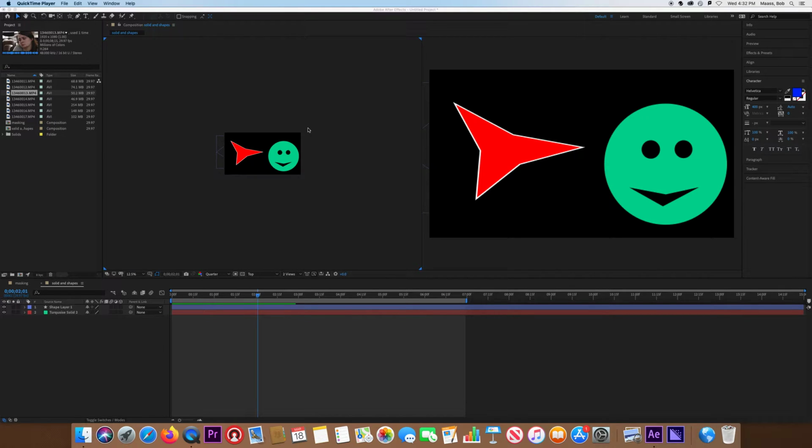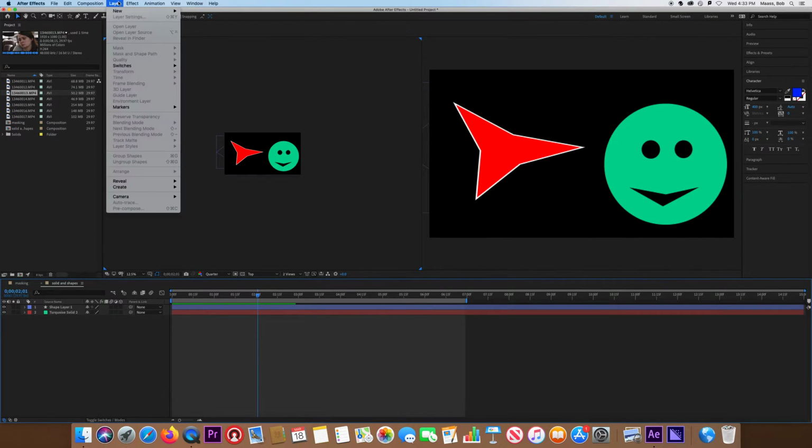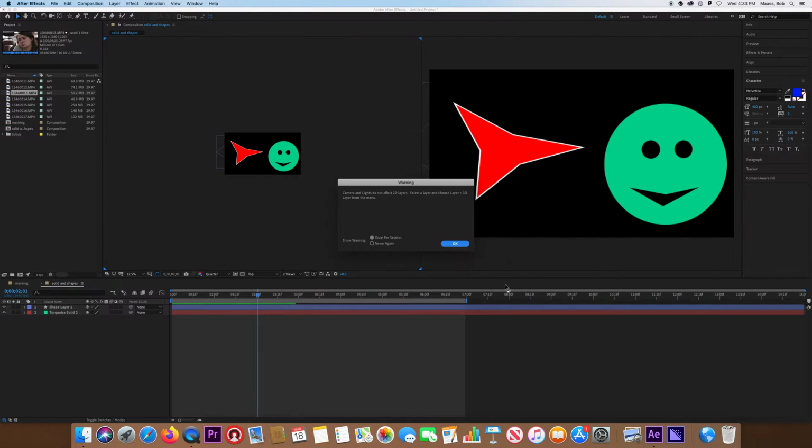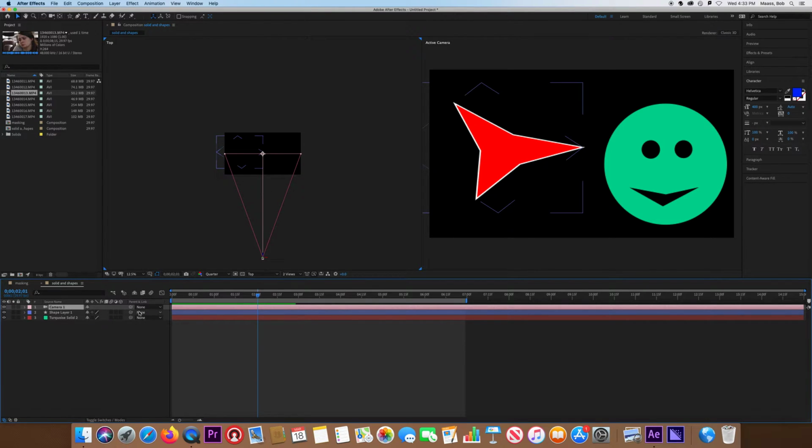Where we've added shapes, we've added solids, we've talked about mass, we've worked in 3D tonight already. So now I want to add cameras. To add a camera, again, I go to Layer, New. We've worked with text, solids, and a shape layer. So now I want to work with a camera. If I turn a camera on, I hit OK, and the camera has to have 3D objects to